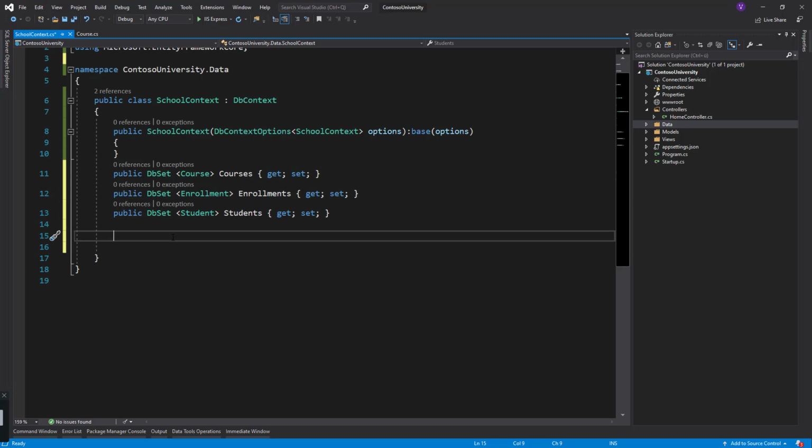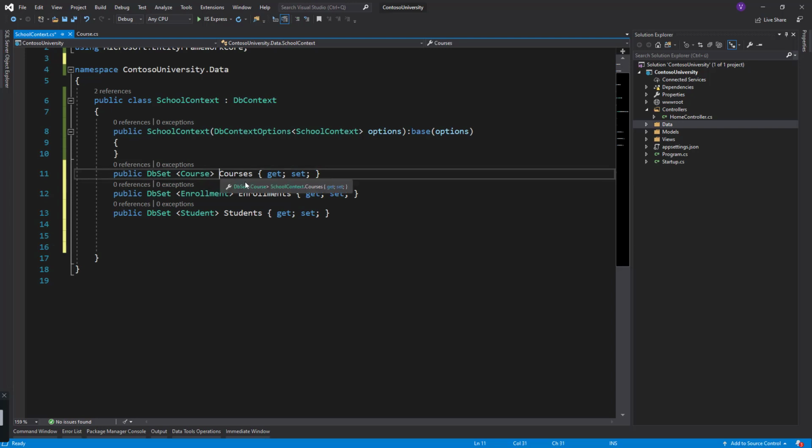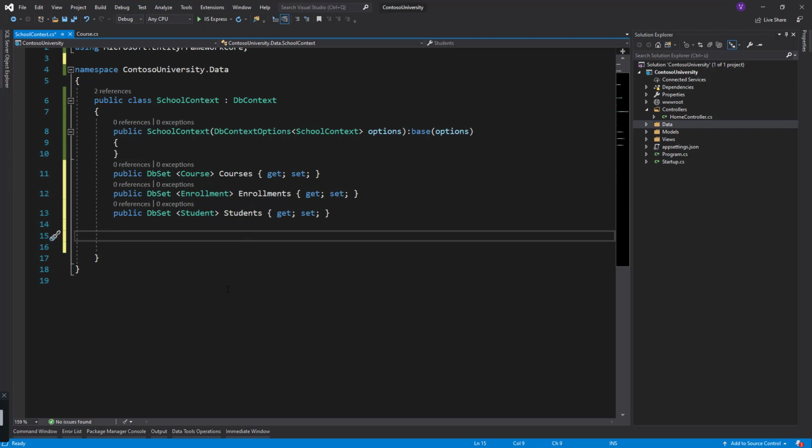But let's say we can override this. Let's say we want to write the Spanish versions of these things: courses, enrollments, and students. So estudiantes, inscripciones, and cursos. So this way we have to inform the Entity Framework that we want to name the tables in our database differently. So what we need is an override, protected actually,